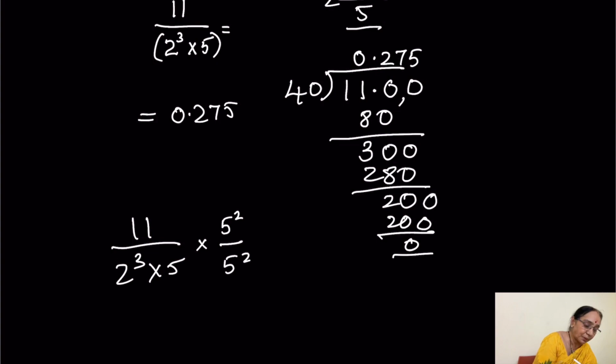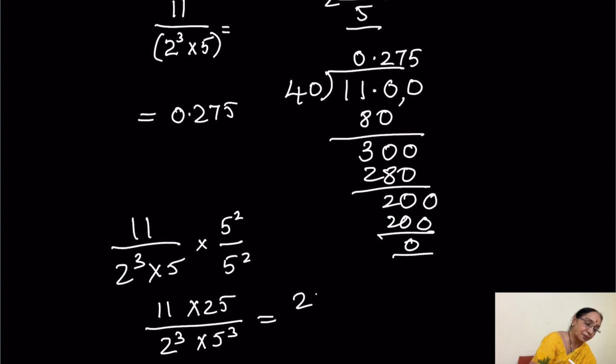Here the power of 2 is 3, and I am trying to make the power of 5 also 3. So this will be 11 times 25 in the numerator, and the denominator you have 2 cubed times 5 cubed. So 11 times 25 is 275, and the denominator is 10 to the power 3, which is 1000, and hence